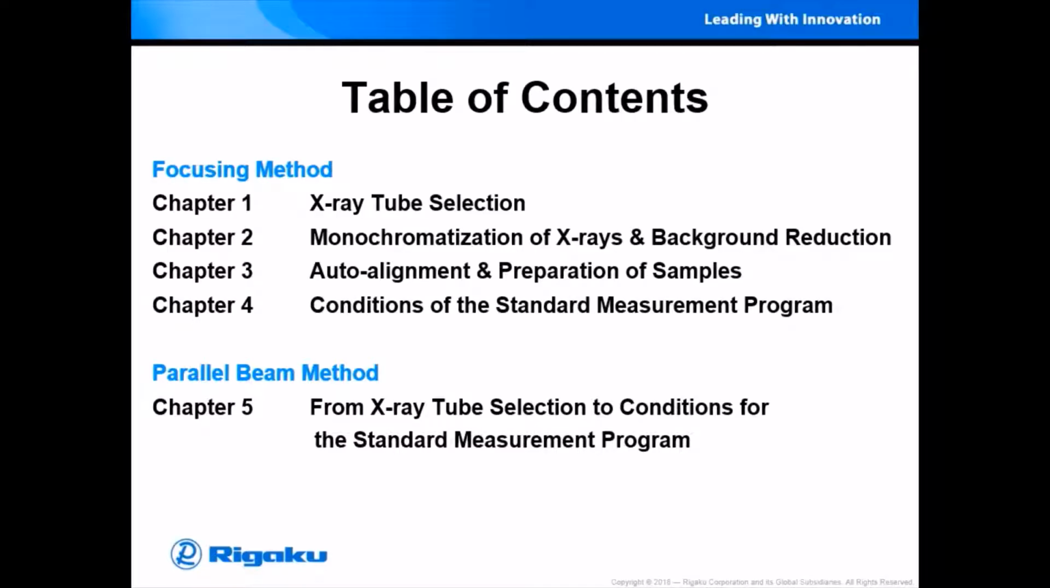This is a 5-part series about measurement conditions for the focusing and parallel beam methods. The topics to be explained in Chapters 1 to 4 for the focusing method are X-ray tube selection, monochromatization of X-rays and background reduction, auto-alignment and preparation of samples, and the conditions of the standard measurement program. Chapter 5 includes the topics together from the X-ray tube selection to the conditions of the standard measurement program for